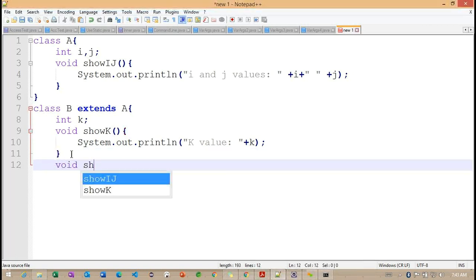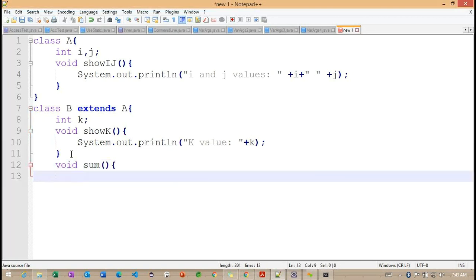If we observe, I'm having one more method called sum here. System.out.println. Now what I'm trying to write here is j plus k.